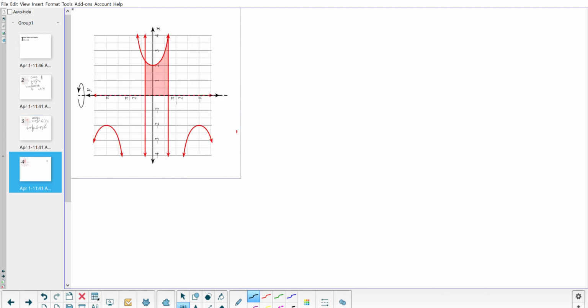Okay, the last one I wanted to go over is actually one I've heard about, and I realized this would be really hard to graph, and I probably wouldn't put this on a quiz. Right now, ignore the fact that it says x-axis and y-axis, I actually turned it on its side. I think this is what y equals 2 secant of x looks like. So as soon as it's x equals 2 secant of y, we just take this,